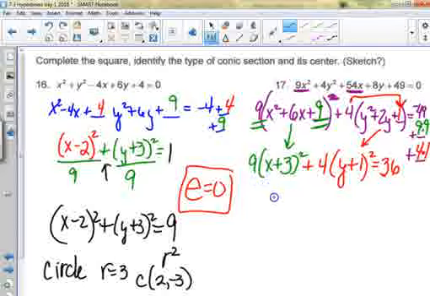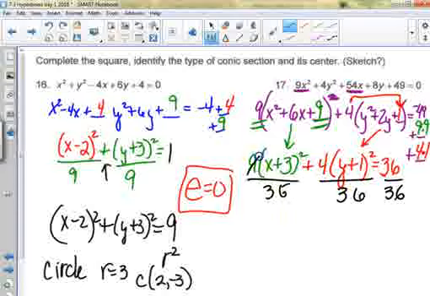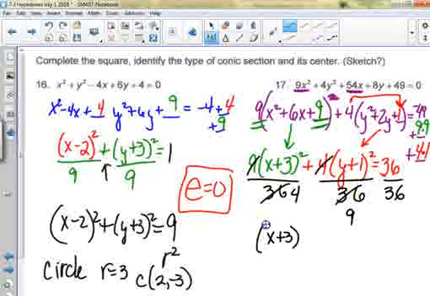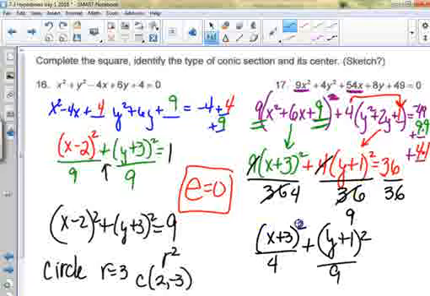Now, I'm down to knowing, because it has squared and a plus in the middle, it's a circle or a hyperbola. I'm pretty sure because there's a 9 and a 4, it's not going the same in both directions, right? 9 goes into 36 4 times, 4 goes into 36 9 times. So I end up with x plus 3 over 4, y plus 1 squared over 9 equals 1. It's an ellipse